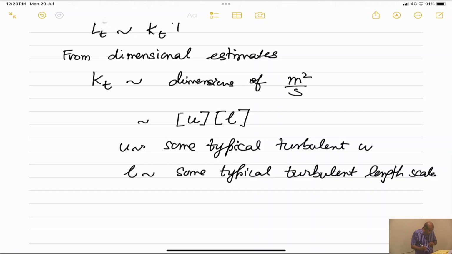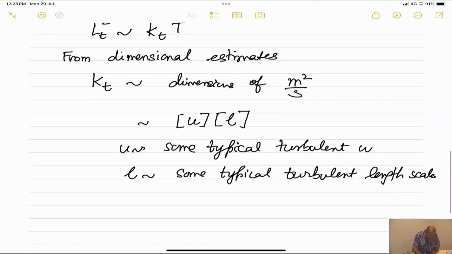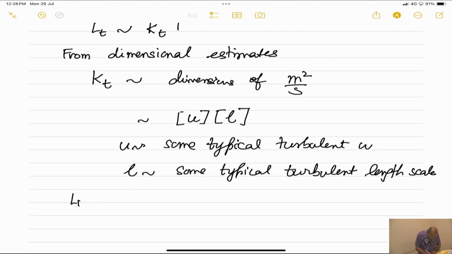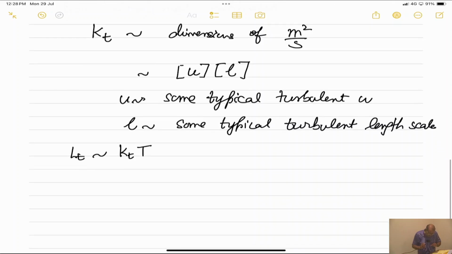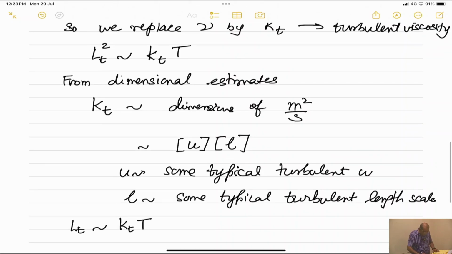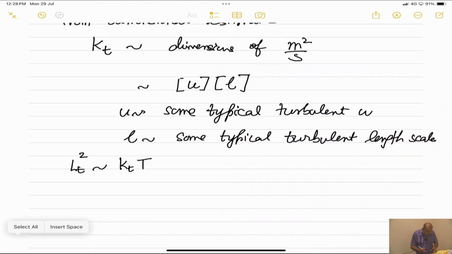Now LT square we are saying is KT times T, isn't it? This typical velocity u, now this time scale T,